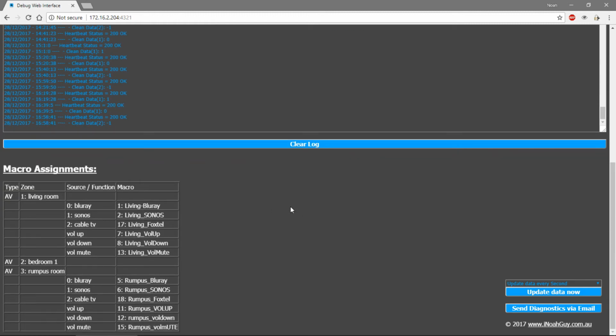Scroll down a bit further, you will get your macro assignments. This one is very handy. This will show you what the system has actually assigned. So each macro, what it thinks it is, what source, what room. Currently we've only done AV, so it's only showing that, but your lighting, blinds and everything else will show up